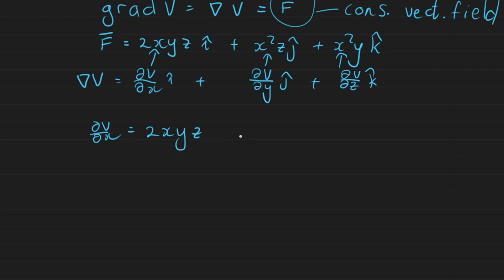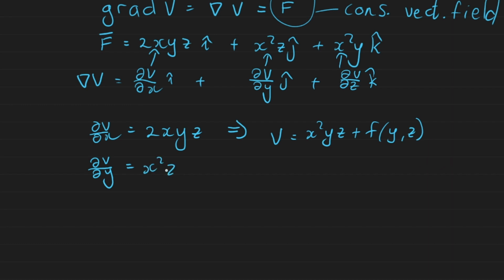If we integrate this, we get that v is equal to x squared yz plus some function of y and z. And then we also see that the derivative of v with respect to y is equal to